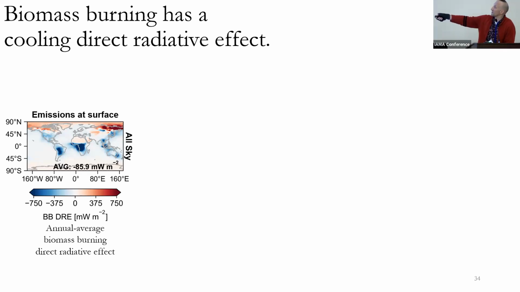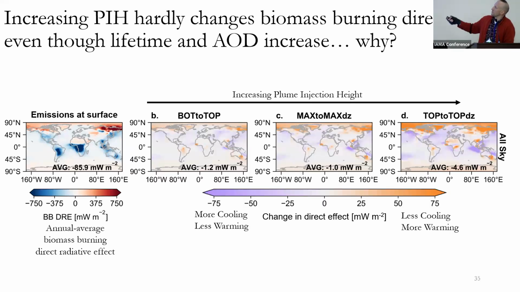And so that's why in the northern latitudes, that boreal smoke can have a warming, because you put somewhat absorbing smoke over ice, sea ice, land ice, snow, and you get a warming effect. Overall, smoke is cooling, though, with about a 0.1 watt per meter squared cooling. Now, to increase our plume injection height, to first order, these effects just intensify because there's more smoke in the atmosphere, it's staying in there longer. But there's some places where there's a cooling effect here, and then by raising it up, there's an overall warming effect relative to the surface case.